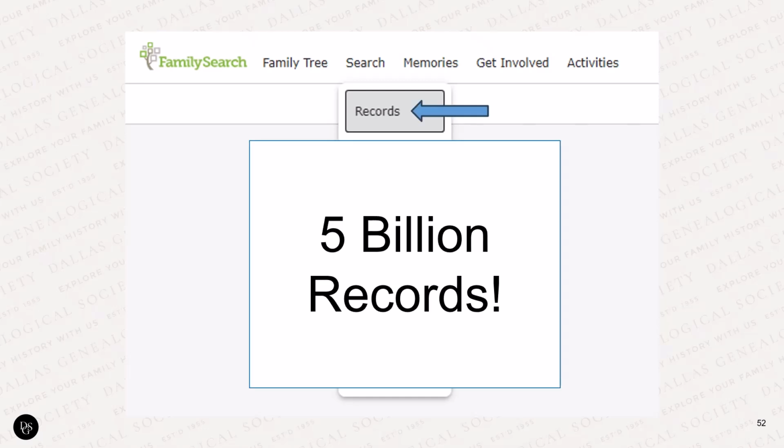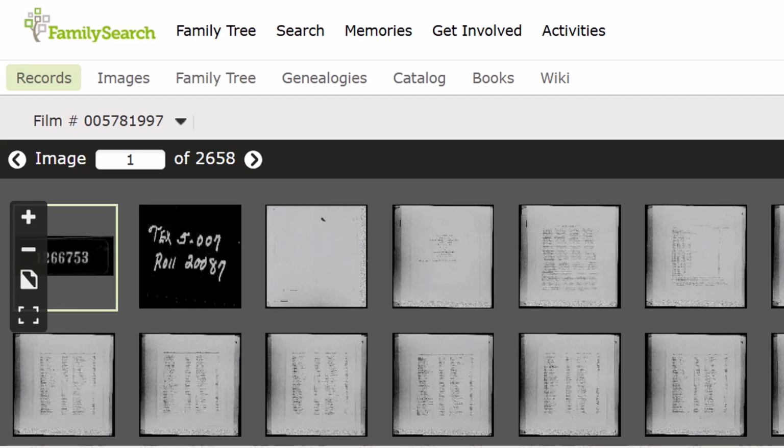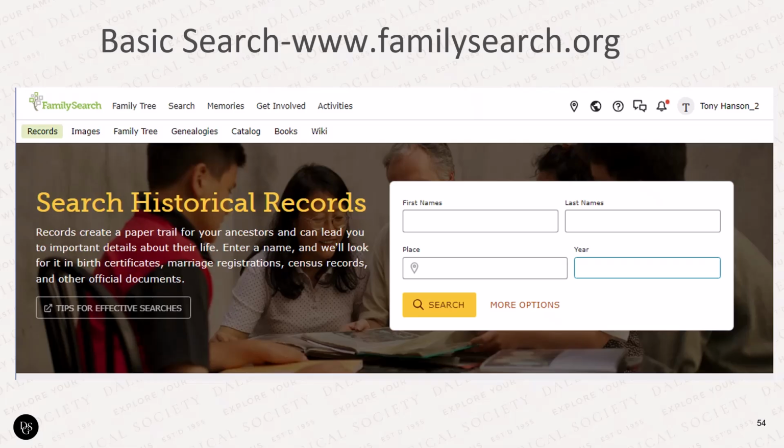Just to recap, last time I checked they had 5 billion records, and they've got them digitized so you can step through them. You can search through all of the records that have been indexed, and you can find information about them. So, for example, to show you how you would go about doing some research,